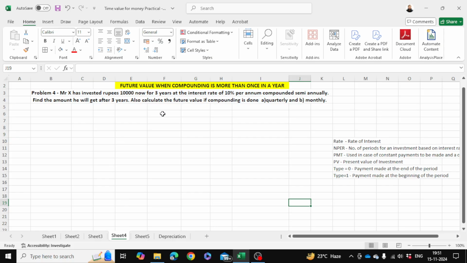So again, till now we have covered the questions in the annual mode. Now it's time to learn how to do the question if it is compounded semi-annually, compounded quarterly or monthly. So just see properly how we are going to do it. First, just write down all the given things in the question. Rate of interest,